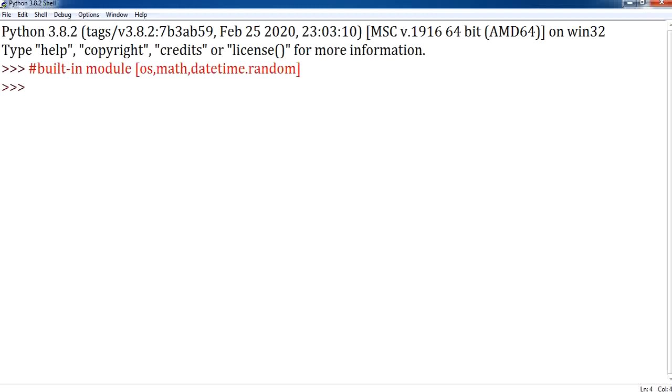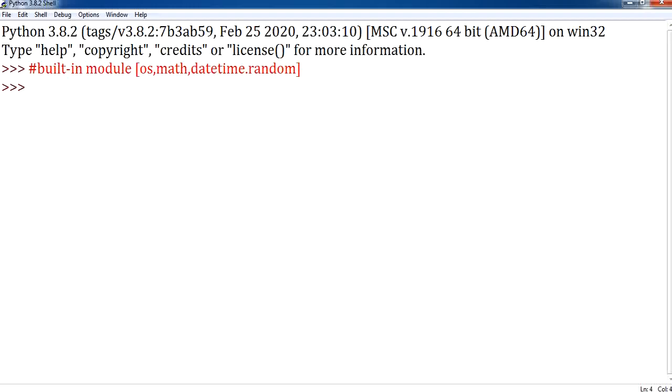In this video, we are going to learn about modules. Modules are classified into two types: user-defined modules and built-in modules. We have seen user-defined modules in the previous video, and here we are going to learn about built-in modules. There are different types of built-in modules, such as the random module, math module, OS module. A lot of things are there. Here particularly we are going to cover the OS module.